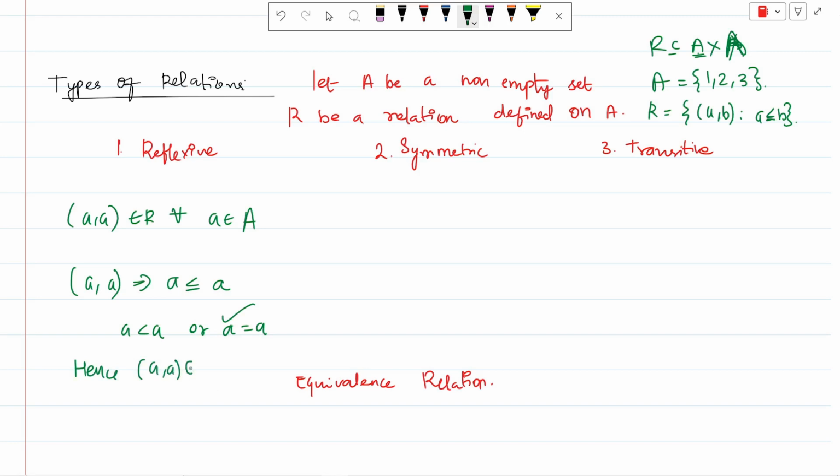A, A belongs to R for every A belonging to capital A. இங்க A, small a யாரெல்லாம் possible? 1, 2, 3. அப்போ reflexiveனா இந்த ரிலேஷன்ல 1, 1, 2, 2, 3, 3 மூணு பேருமே வந்திருக்கணும் நமக்கு. இந்த செட்ல வந்து இப்போ 4, 5 இருக்குன்னா 1, 1, 2, 2, 3, 3, 4, 4, 5, 5 அது வரைக்கும் நமக்கு